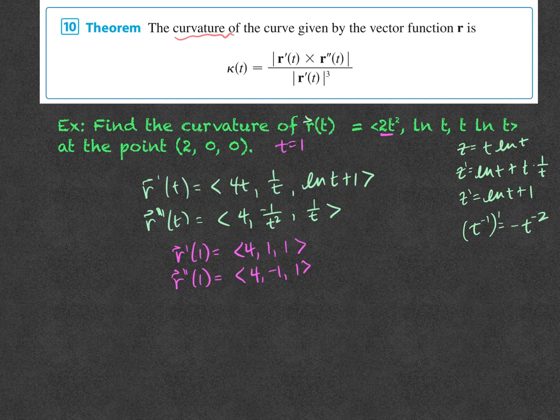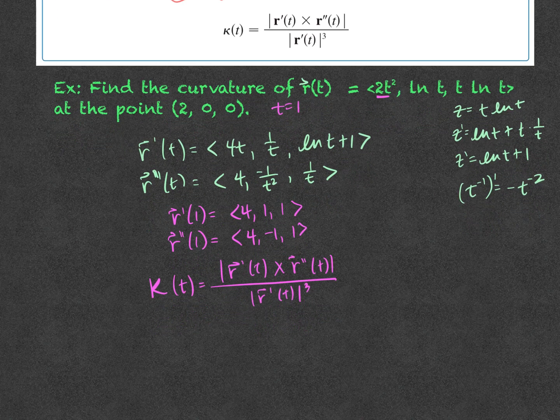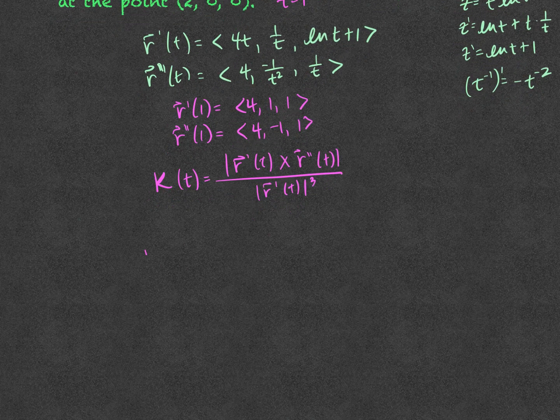Now we can find kappa of t, which is the curvature. My kappa doesn't look very Greekish, so I apologize for that. So kappa of t is the length of r prime of t cross r double prime of t over the length of r prime of t to the third. Well, we got that one. So now we just need to do the cross product. So remember the cross product, r prime of t cross r double prime of t